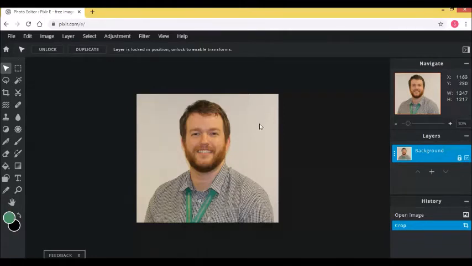So what we need to do first, depending on your background, is either brighten it up or make it a bit darker, depending on what you want your picture to look like. You want the foreground to stand out and the background to be more plain, maybe a pastel colour. So what we're going to